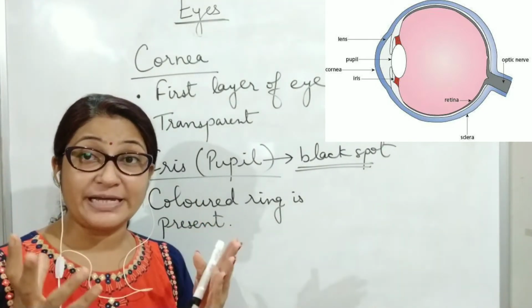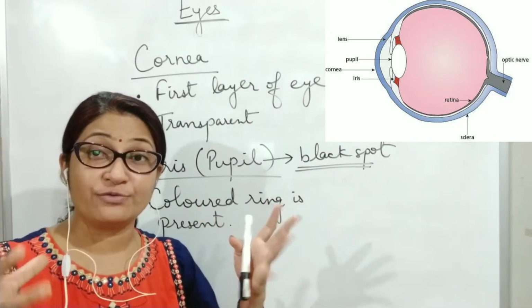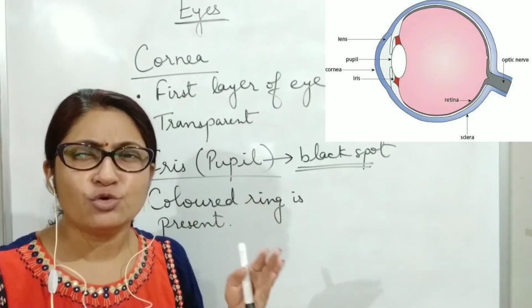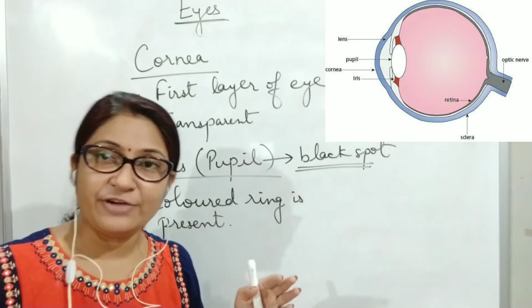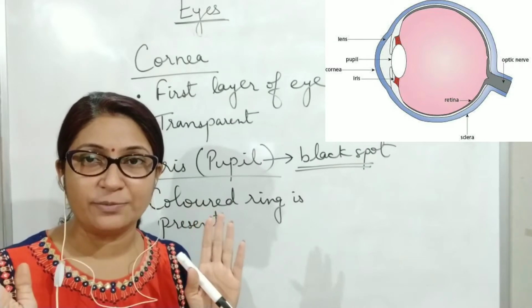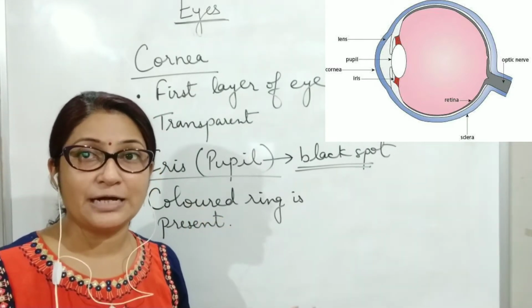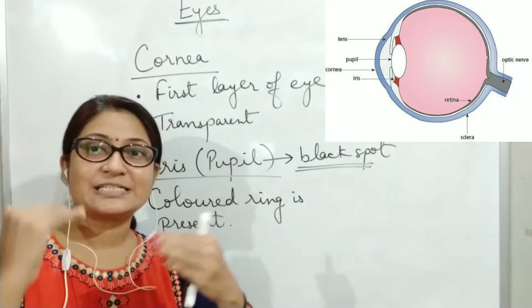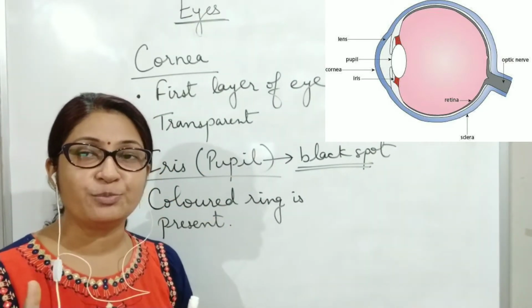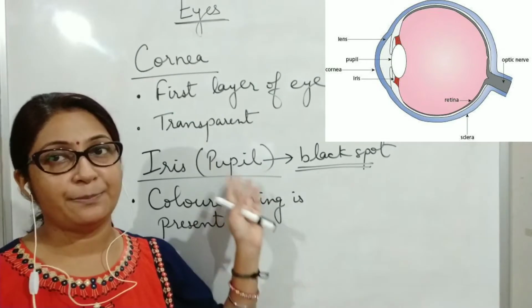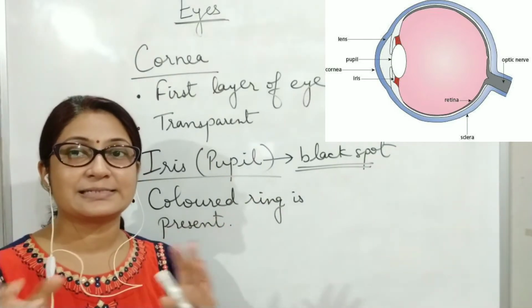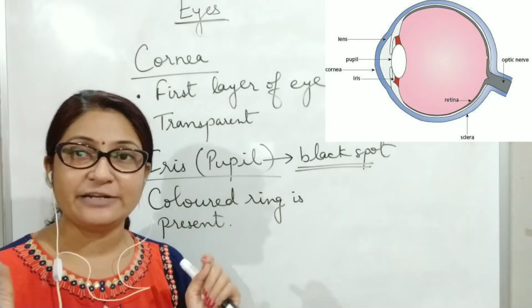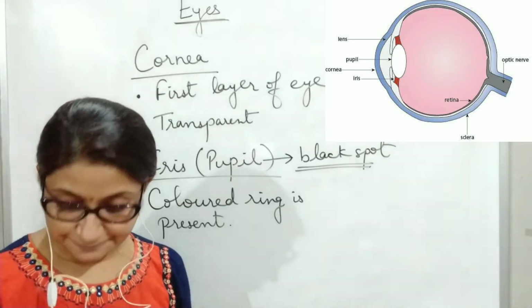When the light is more, when you enter into a bright light, you keep your eyes like this. And when it's normal, then you keep your eyes normally. But when you are entering a dark room, you try to see the objects clearly. So this adjustment of the pupil is possible, and the pupil adjusts its size as per the light in which the person is.